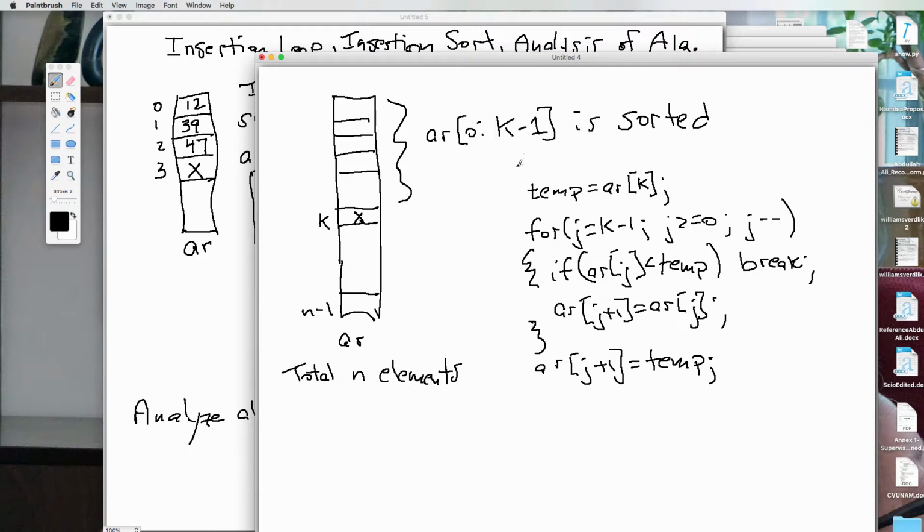And again, this is what we're calling the insertion loop. And what I want to do now is a best case and a worst case analysis of this. Now, if I'm going to do the best case,